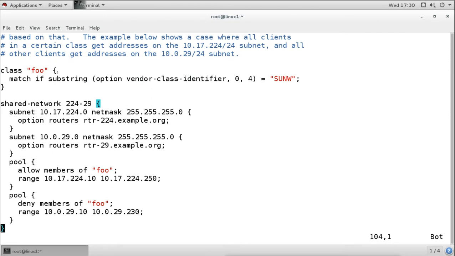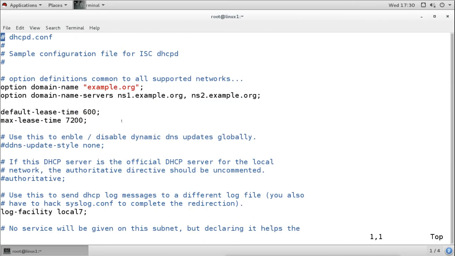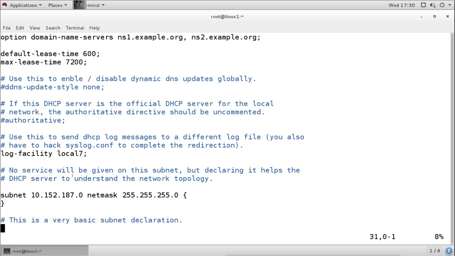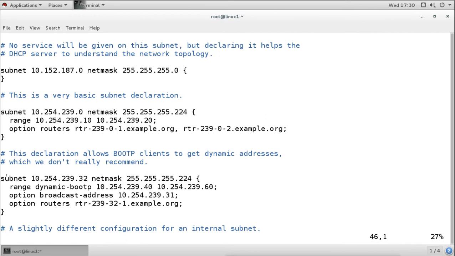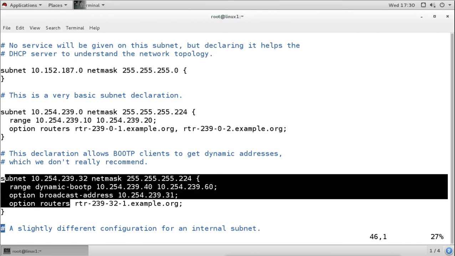Then again, for the different pools, these are different configurations here. Now we don't need to have all the configuration. We can have the same configuration like this in our main configuration file. Now we have these options here under the pool. This option is under the subnet option.